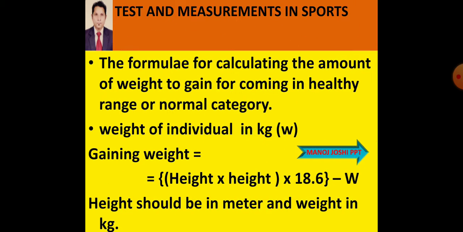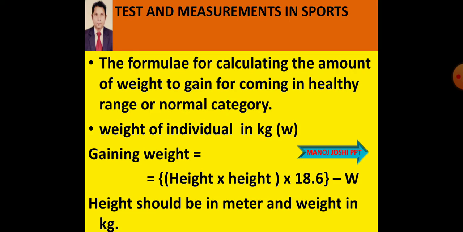Now the formula for calculating the amount of weight to gain. The BMI we have calculated: suppose the person is underweight, or suppose the person is overweight or obese. So we need to know the amount of weight the person should gain, or in case of obesity and overweight, the amount of weight the person should lose to come in the normal or healthy range. So the formula for calculating the amount of weight to gain for coming in the healthy range or normal category,